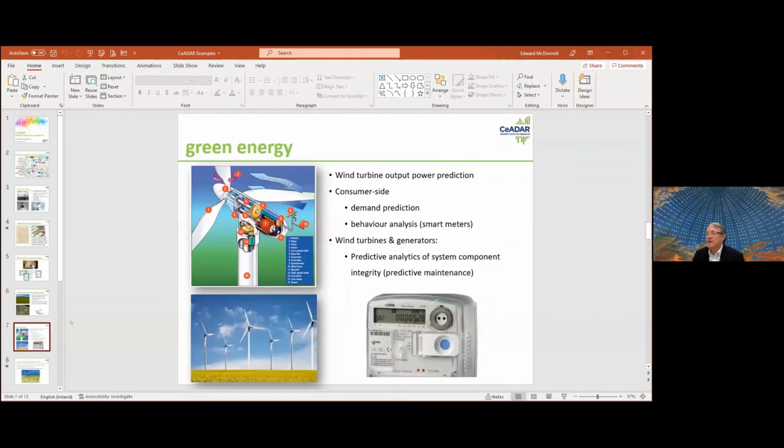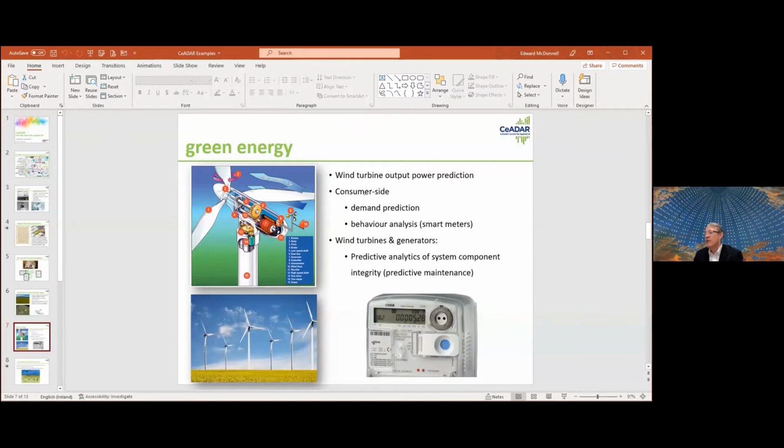exciting projects. Another few in green energy, for instance. We're working with SSE Electricity, and you might have seen the press launch for this, that we're able to predict with great accuracy the output of the wind turbines, and that very much depends on the location of the wind farm and the predicted strength of the wind, because in the energy market you need to be able to tell the energy consumers how much electricity you're going to be able to provide at a certain time on a certain day.